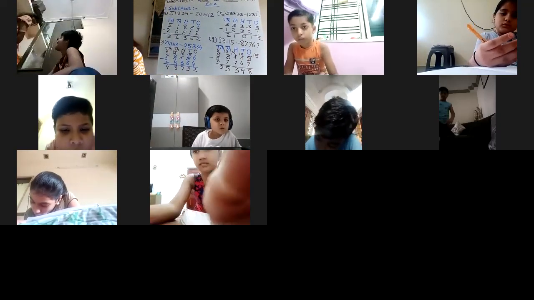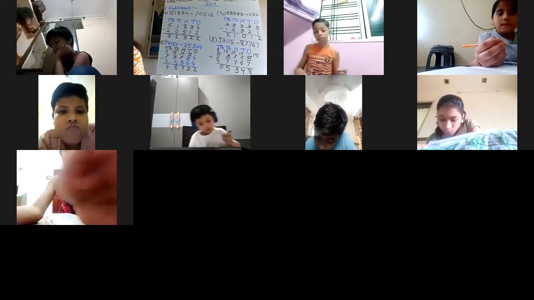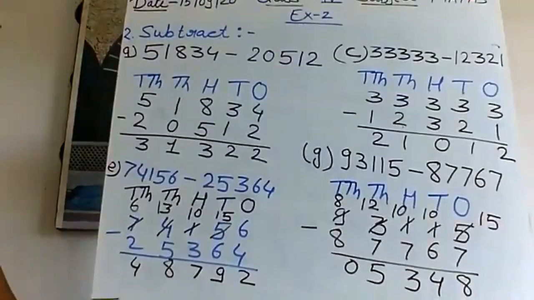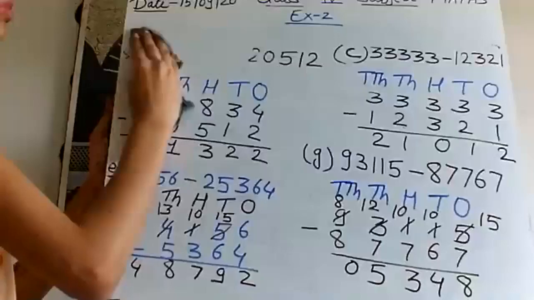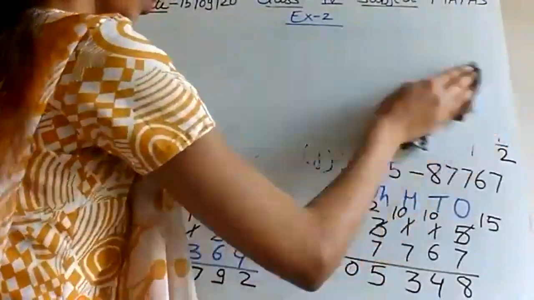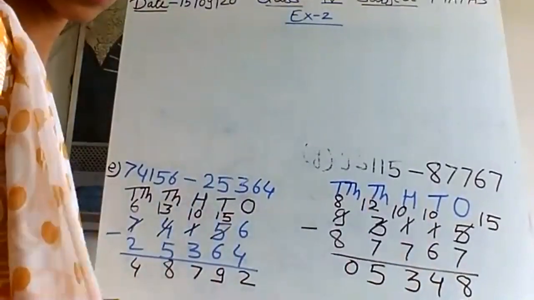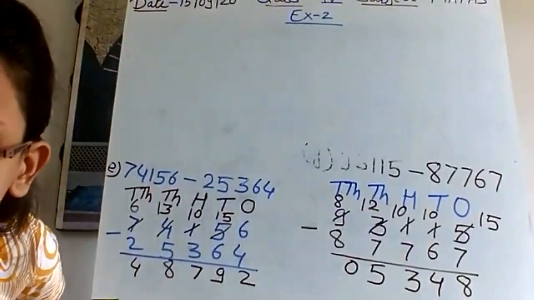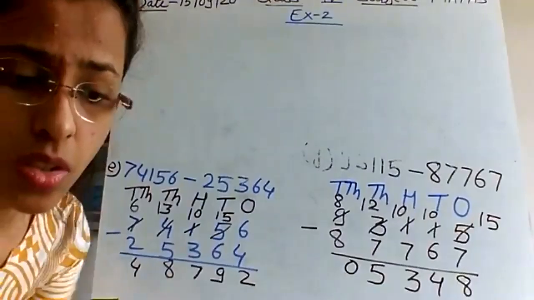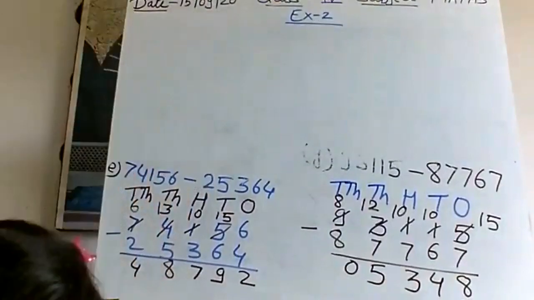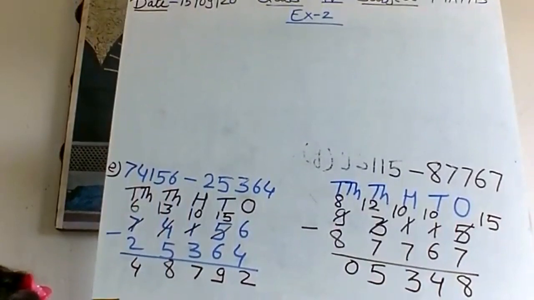Rakshita, write down. Good. Okay. हम गेस कर दें। बोलो बेटा।